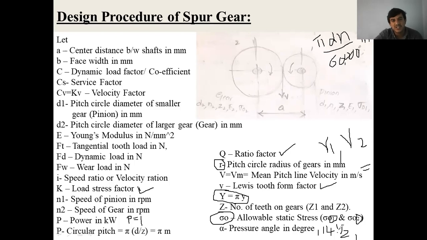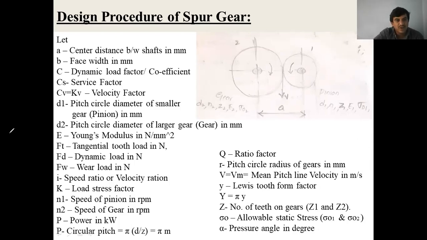Okay, these are the notations we use before going to design a spur gear. You can check in the data handbook also, chapter number 23. Before the equations, figures and tables, you can see the notations, what each notation stands for. You will not use all the notations. Some notations we use, and those notations you can see there.